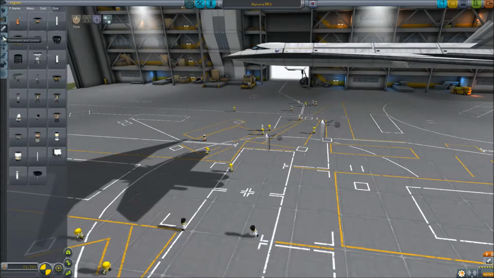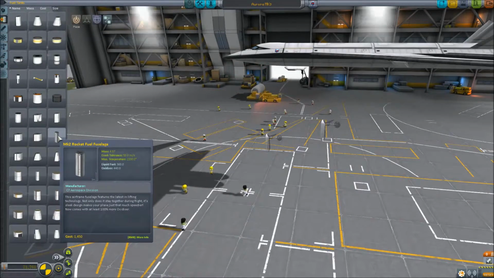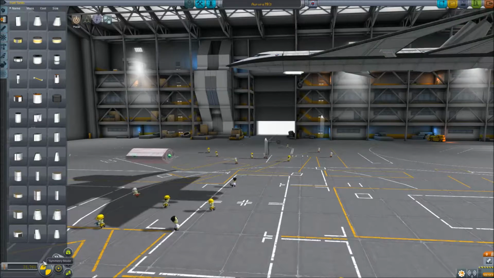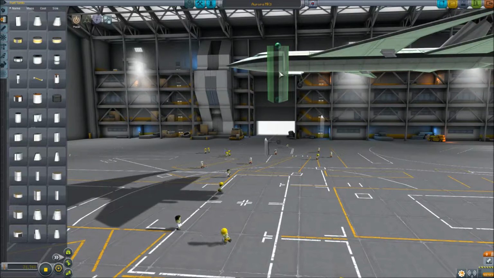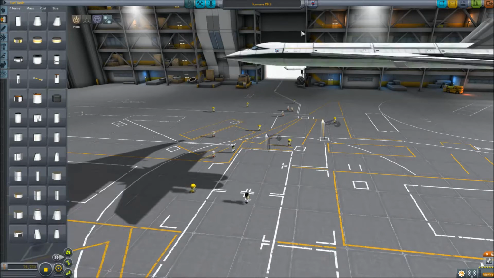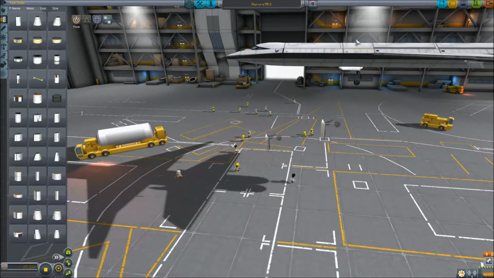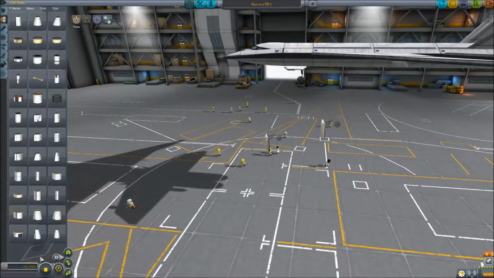So let's see if those are just those parts, or no, I'm looking for fuel tanks. Rocket fuel, liquid fuel. Oh, they're about the same size, aren't they? Now see, these are half. Actually, no, they're about the same. Actually, there's an easier way to check this. They're the same size. Yeah, they made them even, which I guess goes with the whole